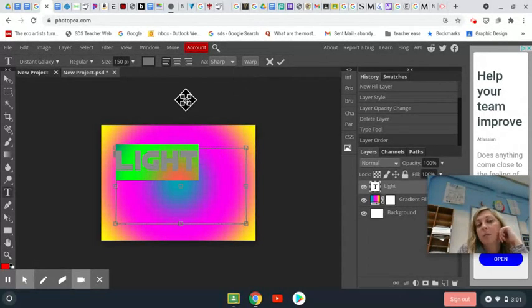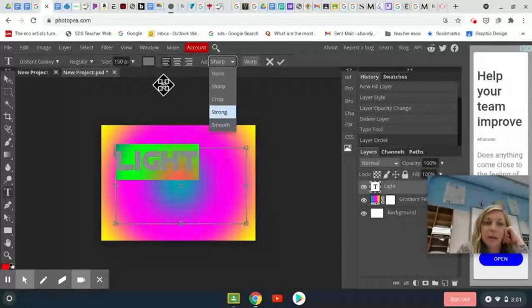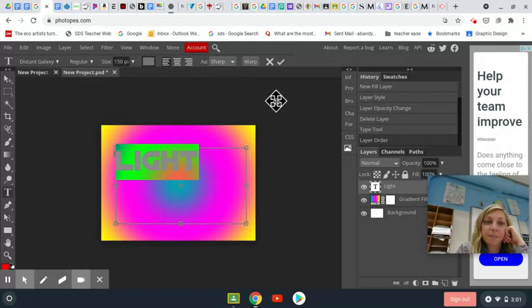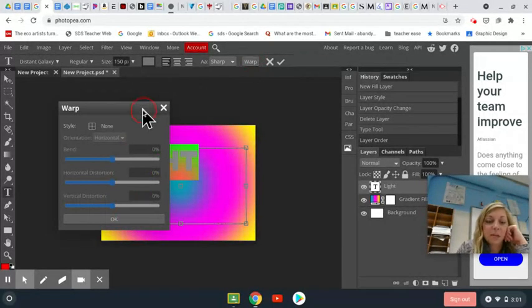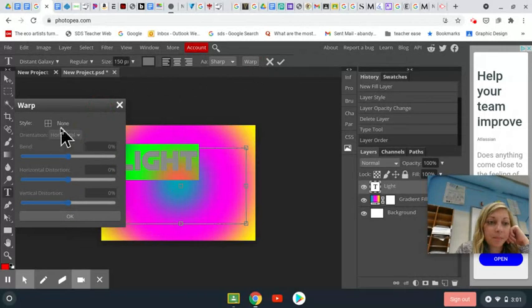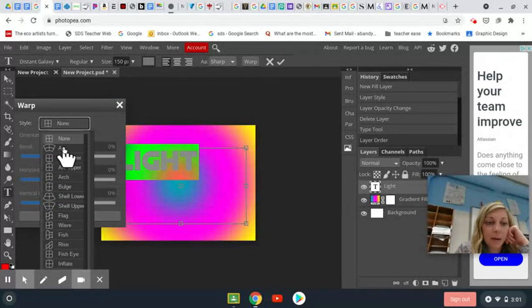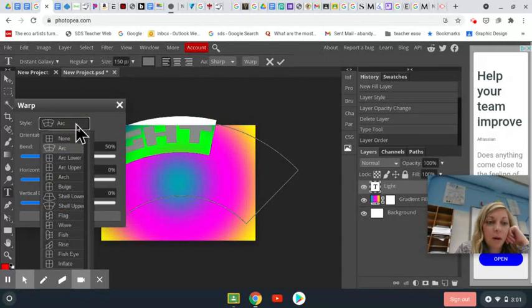Later on, when we're doing more text, you might want to think about your alignment, like whether you're centering it or left, right, flushing it. Some of the fonts you can adjust a bit with this, it just depends on the font. One other thing that you can do is warp your font, so that changes the layout of it. So I can arc my font if I want,